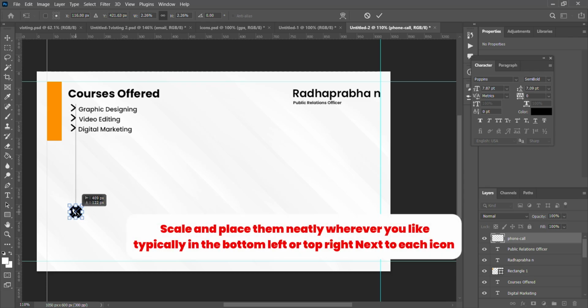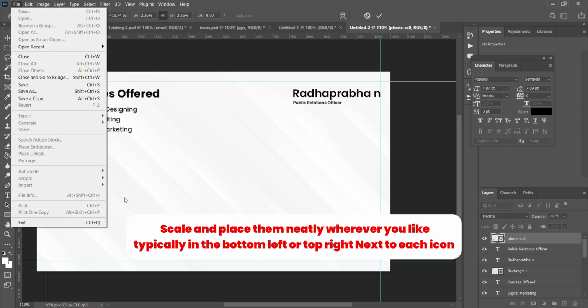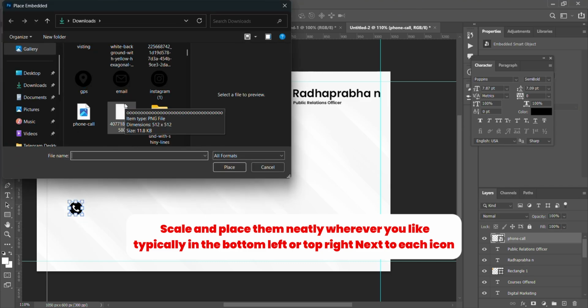Scale and place them neatly wherever you like, typically in the bottom left or top right. Next to each icon.